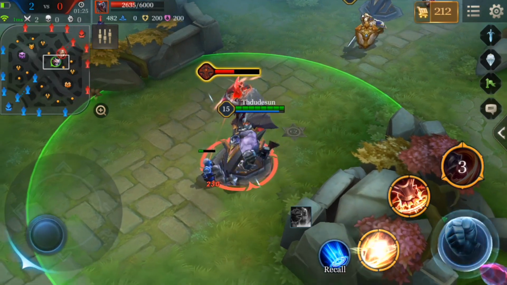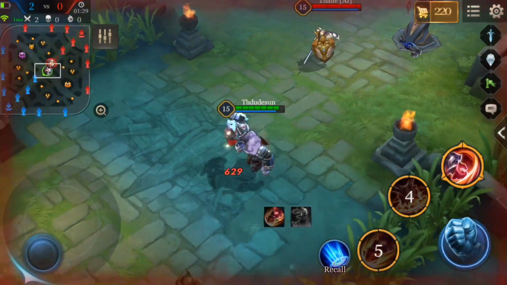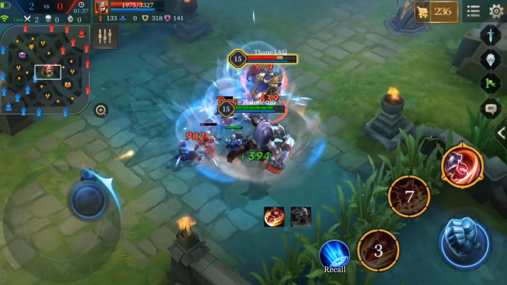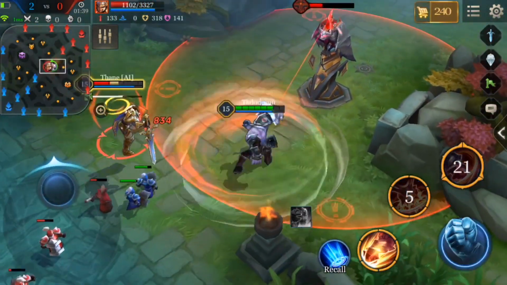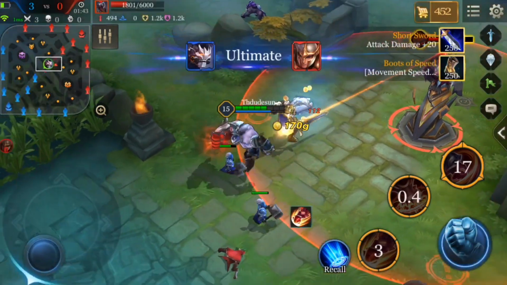The term essentially means that if one of your main damage dealers, such as your assassin, marksman, or mage, gets jumped on by the enemy team, you help facilitate a way for them to get out of danger and back to doing damage. Another job of an off tank or a warrior is to be on the front lines